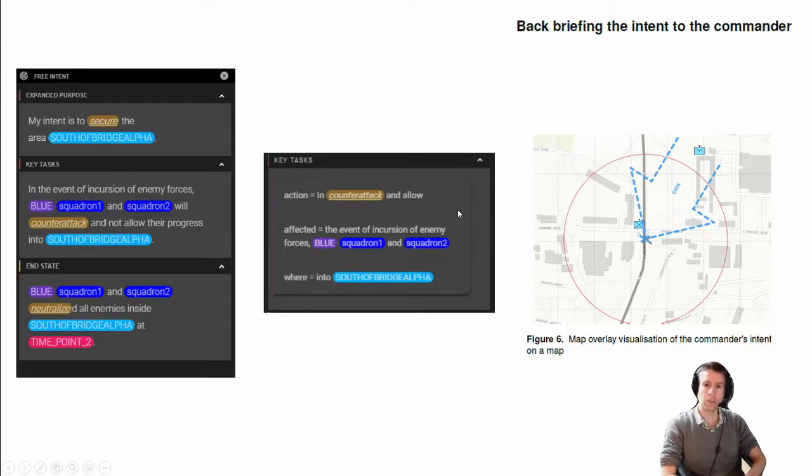So the second step is backbriefing the intent to the commander. Here you see on the left a first way of doing that, which is highlighting words that we already know. This system will have a connection with a command and control system, a C2 system, and any information that has been recognized and is already stored in the C2 system can be highlighted. Also, verbs that are very important here, such as secure or counterattack, are being highlighted to indicate that we understood